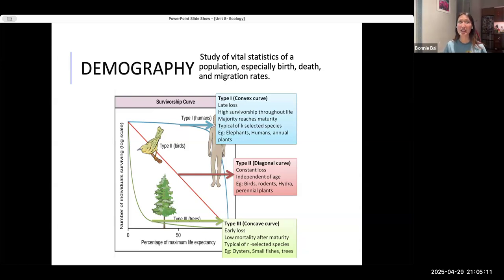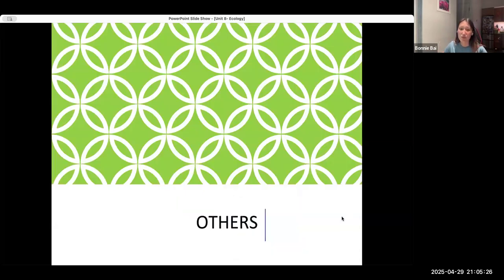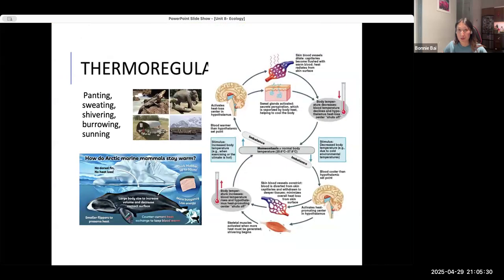For the trees, it's even more severe, because most of the tree pollens don't make it, most of the seeds don't make it, but the ones that do make it, make it for a long time. So the curve you can see is very different. So these are just examples. And if it shows up, it'll make sense. And it probably won't show up because there are only so many questions.